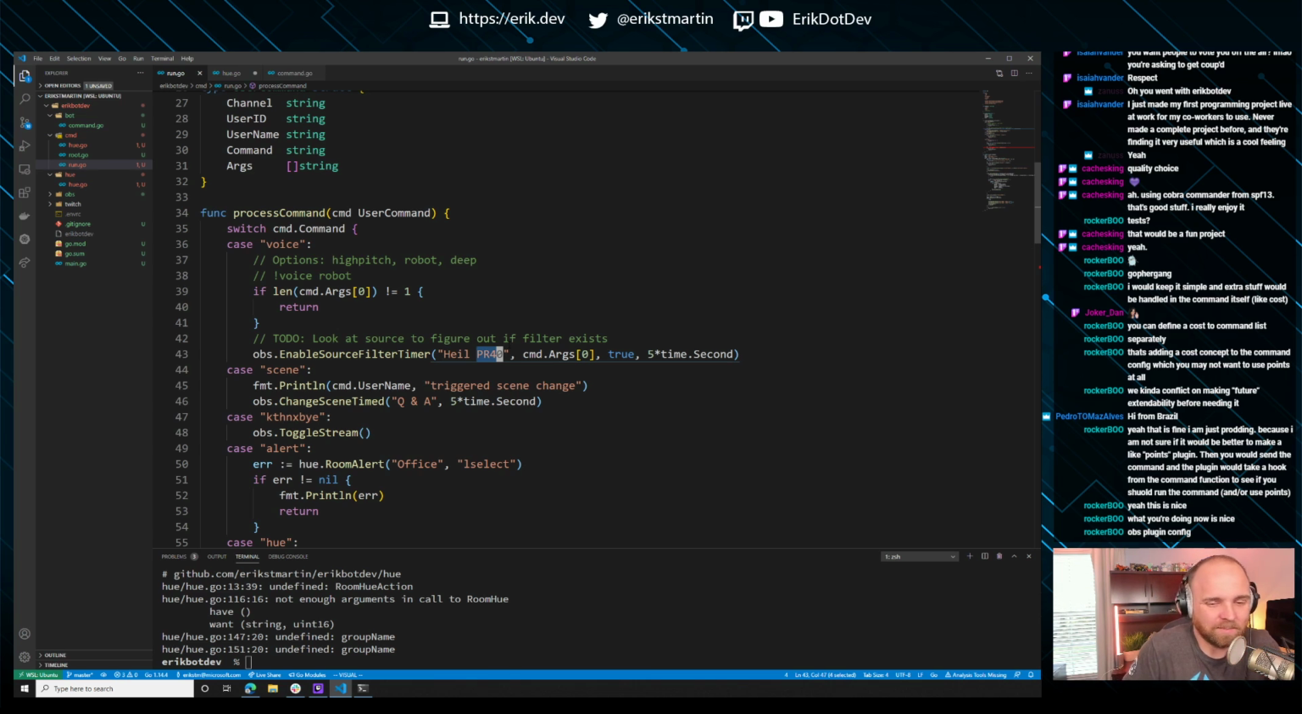Yeah, we could have separate configs for that stuff. But what if you had multiple sources you wanted to apply a filter to? This is a pretty generic action that could be used. So the thought is